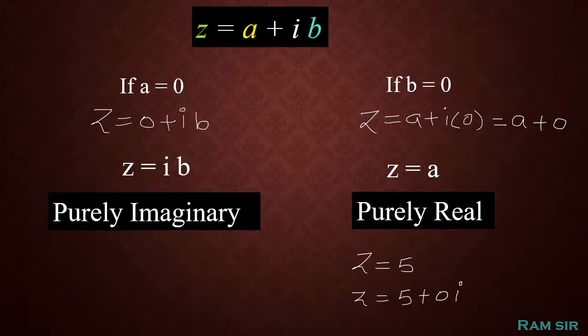So any real number can be expressed in terms of a complex number, but a complex number can never be expressed as a real number, क्योंकि complex number में ib वाला टर्म होता है, वो कभी हट नहीं रहा है। अगर वो हट रहा है तो ही वो रियल होगा, अदरवाइज नेवर बी रियल. So a real number can be expressed in terms of a complex number, but a complex number cannot be expressed in terms of a real number. Always keep in mind this basic concept.